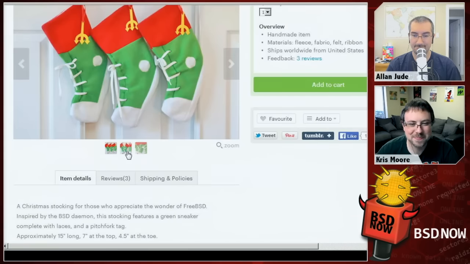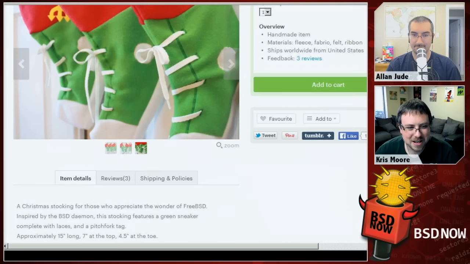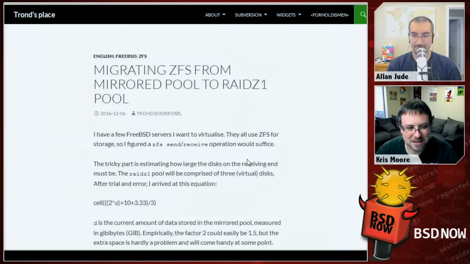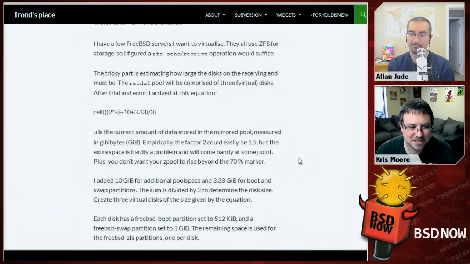That looks amazing. Okay, so next up we have a little walkthrough on how to migrate ZFS from a mirrored pool to a RAID Z1, which revolves around doing a send and receive and recreating the pool and whatnot. Just wanted to pass that along as a reference. Yes, in particular, they've come up with a basic algorithm for figuring out how much space it's going to take